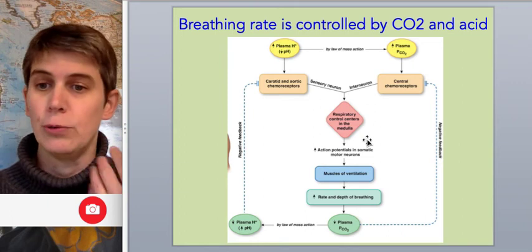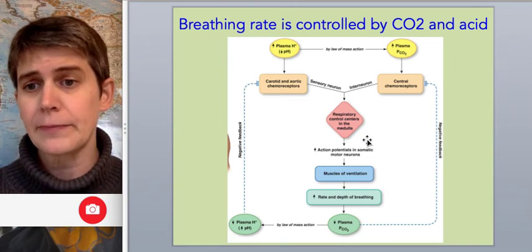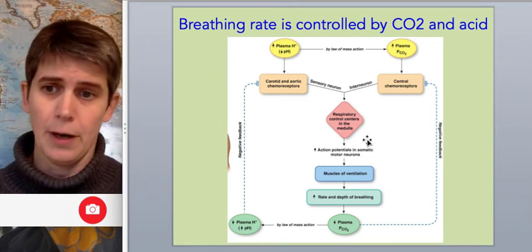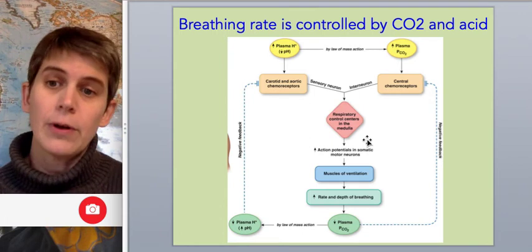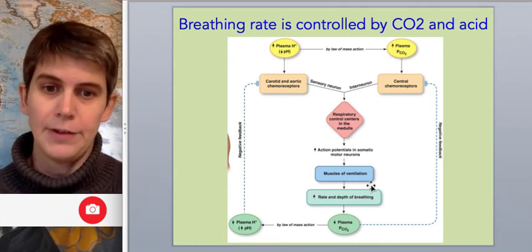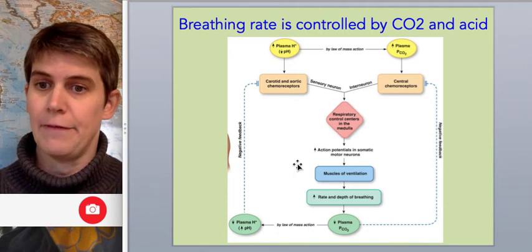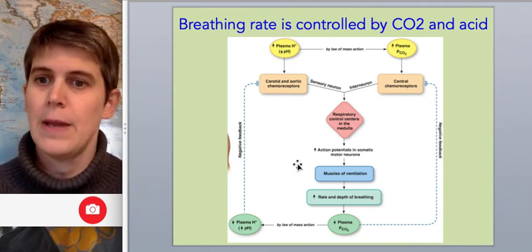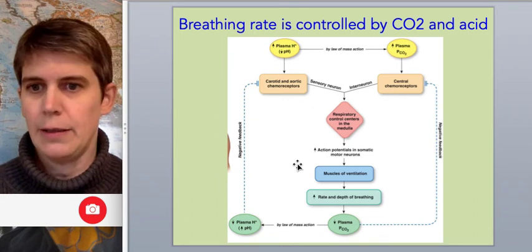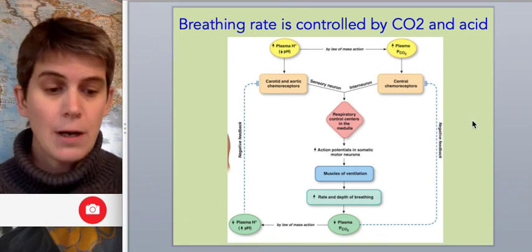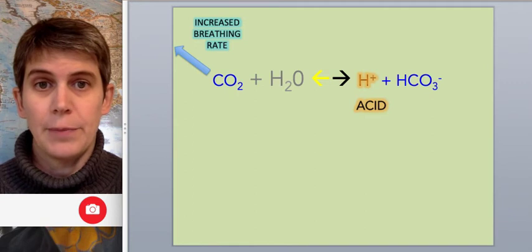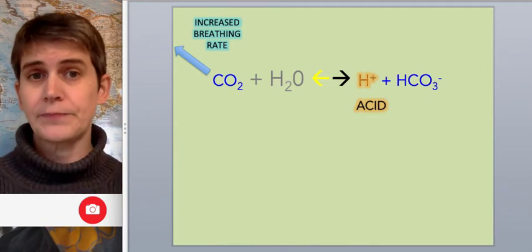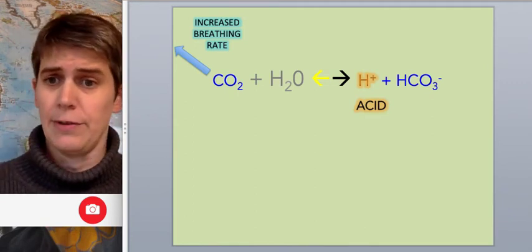They tell the medulla, which is that brainstem area that controls, among other things, breathing. And then neurons in the medulla, motor neurons in the medulla, simply tell the diaphragm muscle to contract. That's the diaphragm muscle that causes breathing. They tell it to contract more often. Okay, so the result is if your breathing rate goes up, that's going to pull this reaction to the left